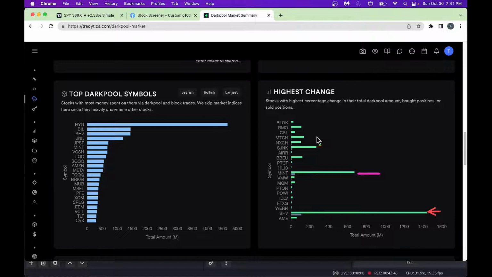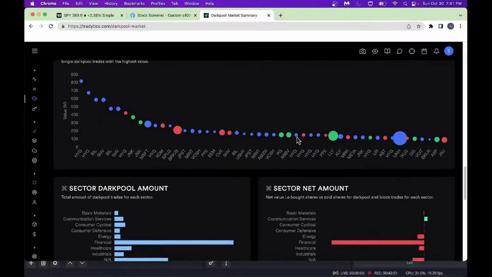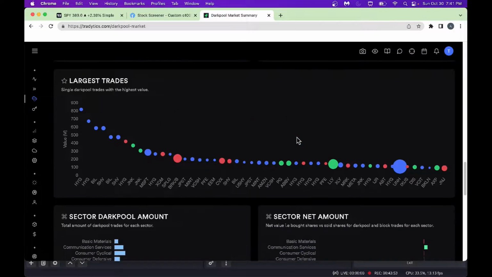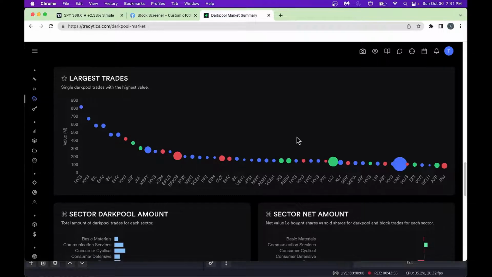We got match.com, nice change in dark pool. All right, so now we got a few more things here. Pictorially, you could see there's a nice and high dark pool right here. Look, we got a nice and high dark pool here. I think that's Berkshire Hathaway, as you can see. Microsoft, nice dark pool. Lilly, nice and high dark pool here, and UNH pictorial, you can see this.